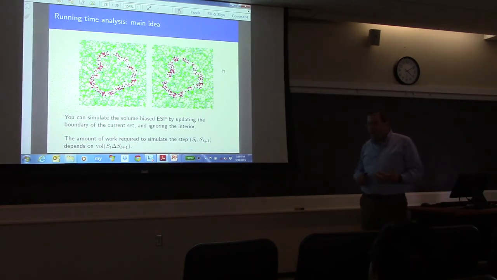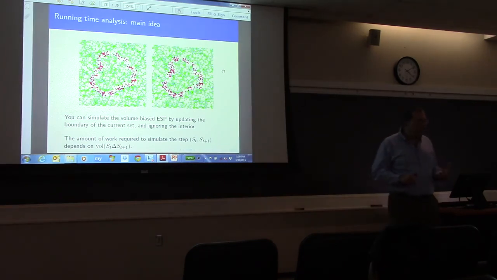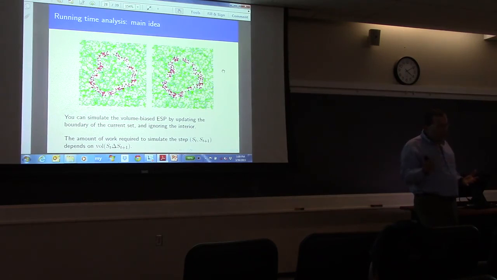And here we have a very fortunate dichotomy. If the boundary is small, then we just have to make a small update. If the boundary is large, then this implies that the process is moving very fast, because the